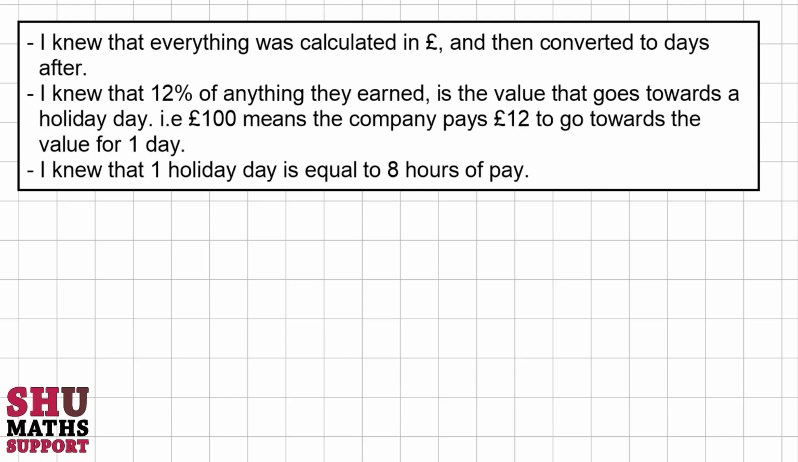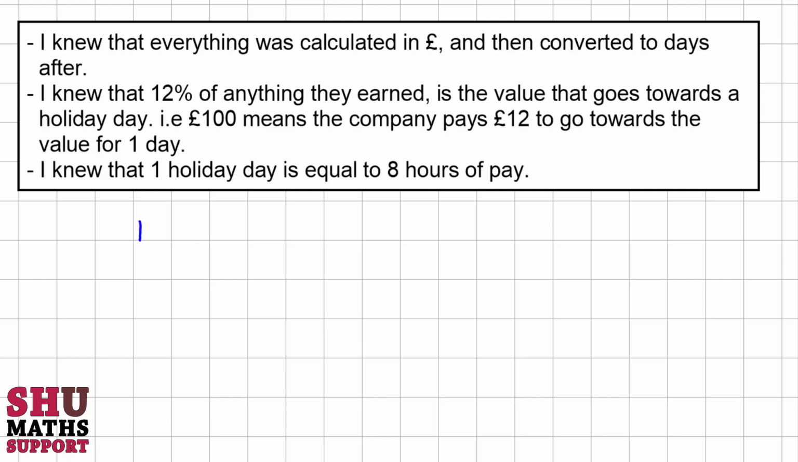And I knew that 12% of anything they earned is the value that goes towards a holiday pay, which means if someone earned £100, then the company would pay £12 to go towards the value of 1 day for that team member. And I also knew that one holiday day is equal to 8 hours worth of pay. So one holiday day in pounds for somebody would be 8 hours times by the amount they get paid per hour. So I started to make some type of equation based off of that, which gave me something along the lines of